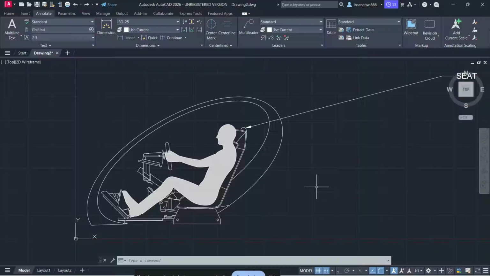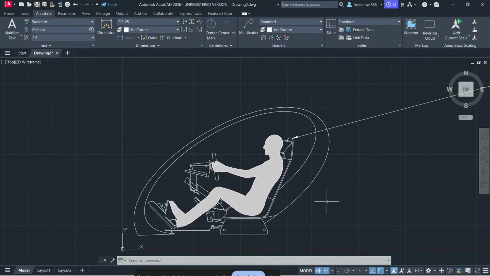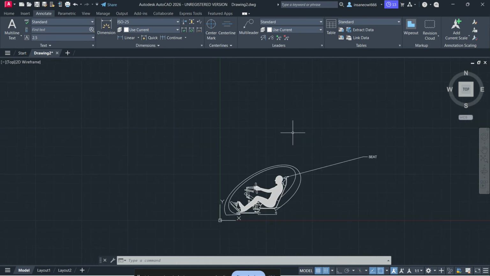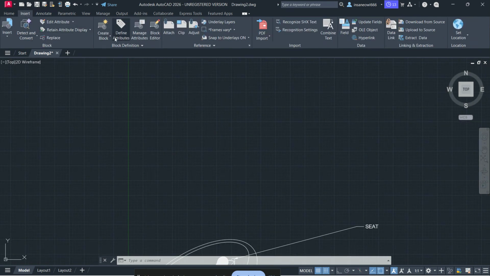In today's tutorial, I'm going to show you how to use the offset command in AutoCAD quickly and easily. Offset is one of the most useful tools in AutoCAD because it lets you create parallel lines, duplicate circles, or make evenly spaced shapes without redrawing them from scratch. Whether you're working on floor plans, mechanical parts, or simple drafting practice, offset can save you a huge amount of